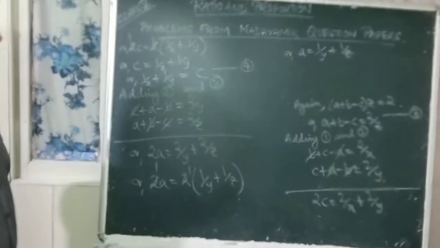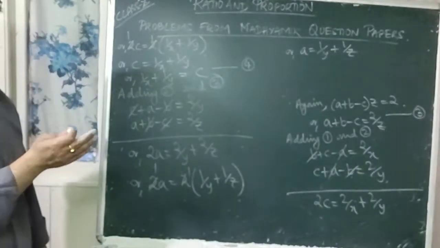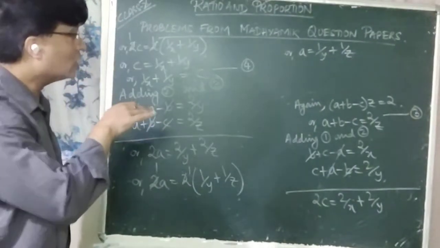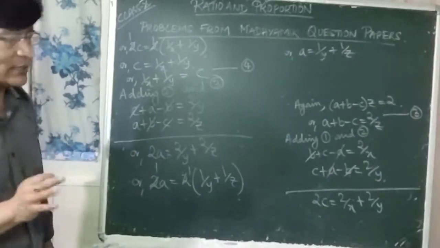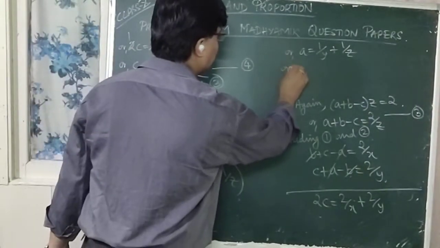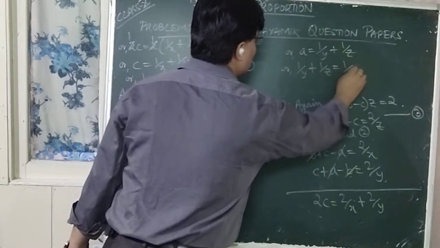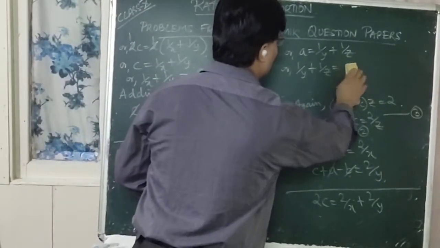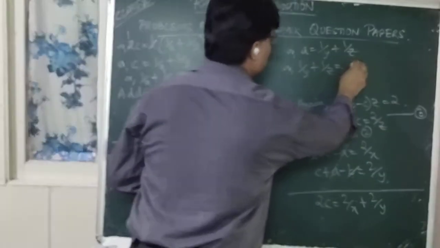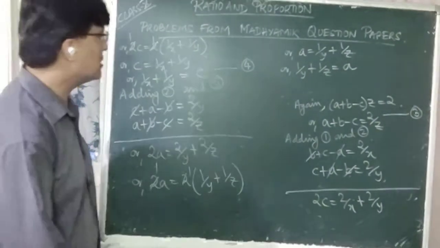So now write all the terms of the right hand side to the left hand side, and all the terms of the left hand side to the right hand side. In this case, you don't have to change the sign. So 1 upon y plus 1 upon z is equal to A. This is number